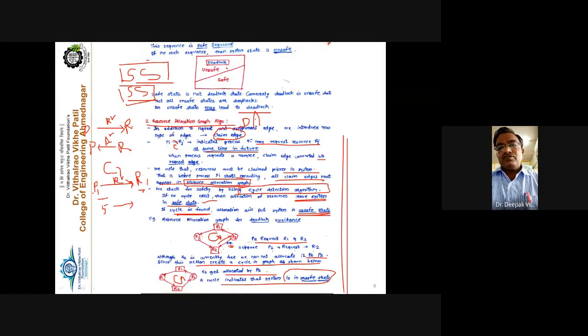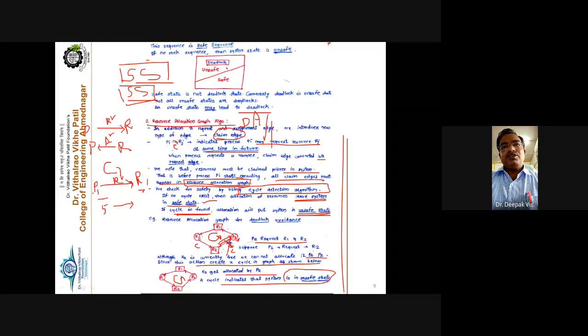So what we have to do here is not convert this request edge into an allocation edge at all. How? You may ask, how to avoid the deadlock? Yes, process P2 is requesting resource R2, meaning it is claiming this particular resource R2, and P1 is also claiming resource R2. But if we allocate this particular edge, it will definitely create a cycle, and as the cycle exists, it may lead toward the deadlock state. This is the way. Clear? So this is how the resource allocation graph is useful for deadlock avoidance.